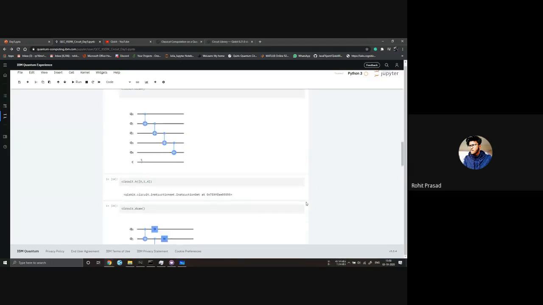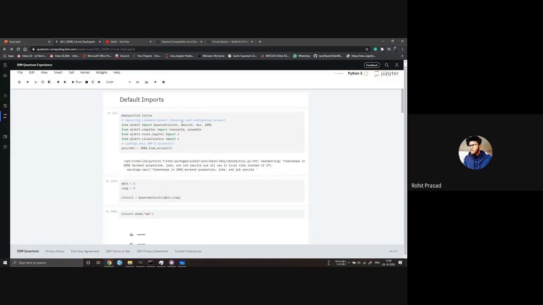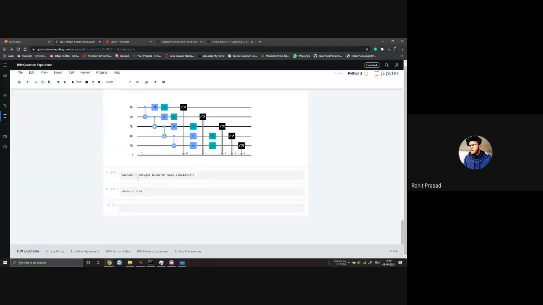We have imported this execute, which lets us execute that circuit on that backend. So we write job.